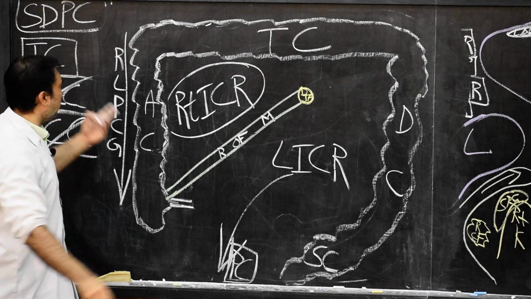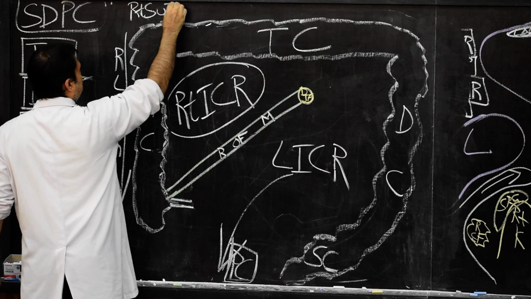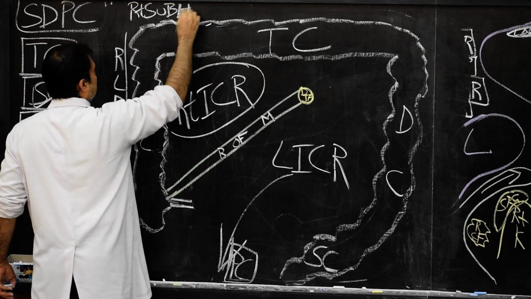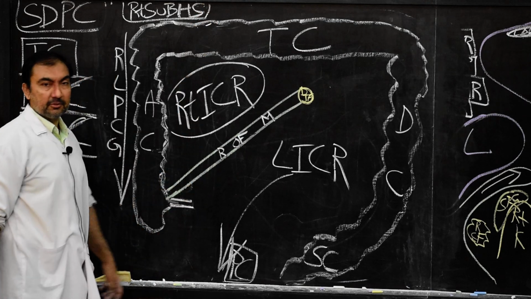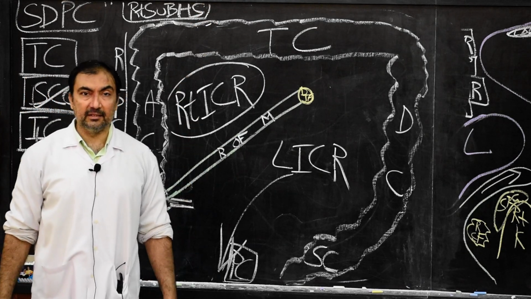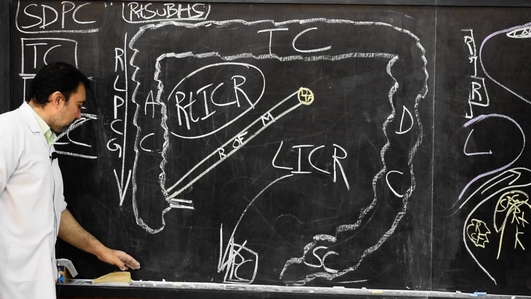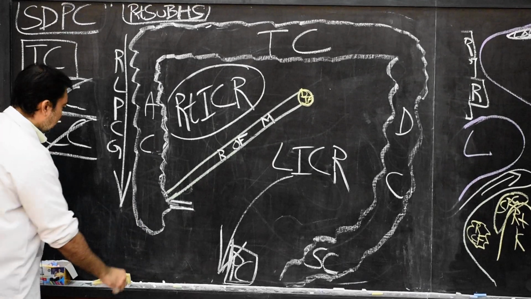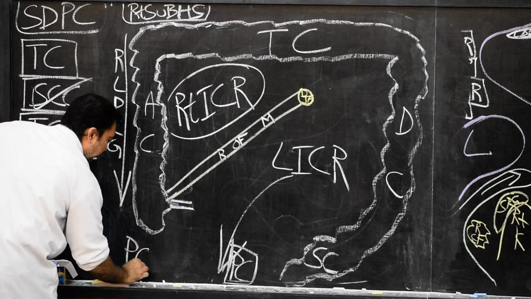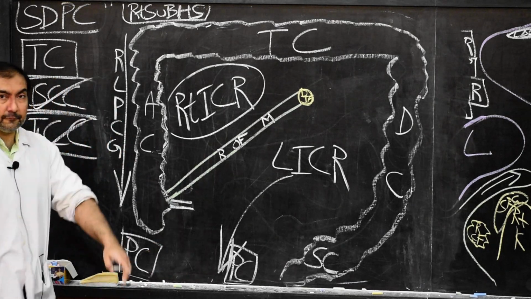Superiorly, what is present? Superiorly, it will communicate with the right subhepatic space. What is the other name of the right subhepatic space? It is also known as the hepatorenal pouch of Morrison. So it will communicate the right subhepatic space, the hepatorenal pouch of Morrison, with what structure? Inferiorly, it will communicate with the pelvic cavity, and in the pelvic cavity there will be presence of,